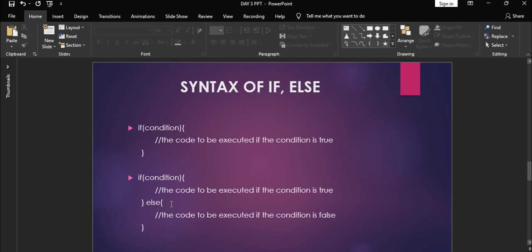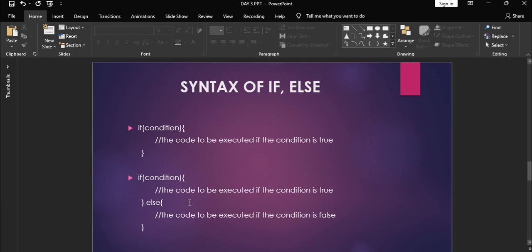So it will go to the else part, and else is if the condition is not true, then execute this code so that something will be printed in the console. So it will go here to else, and it will print 5 is less than 100.